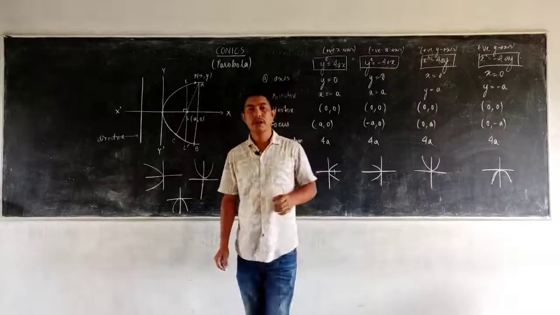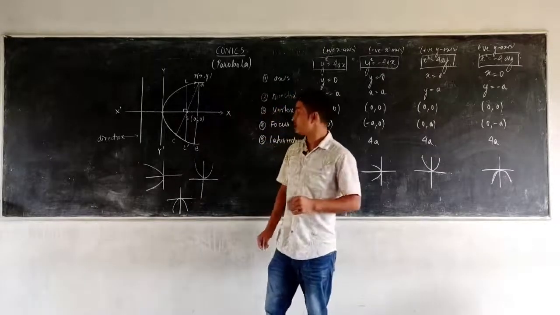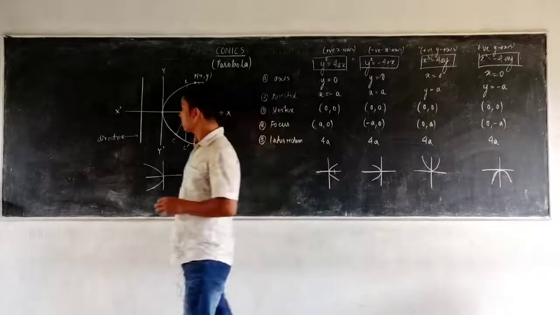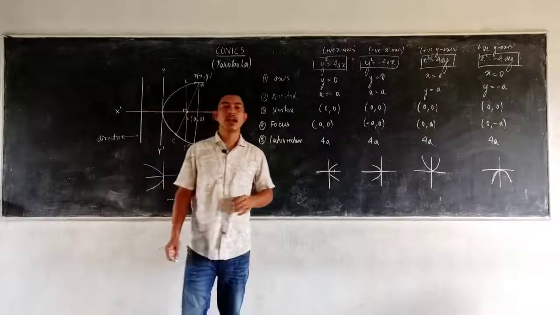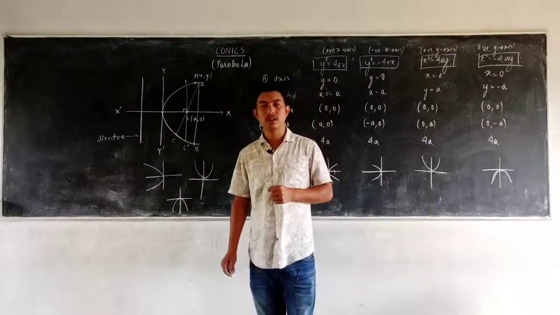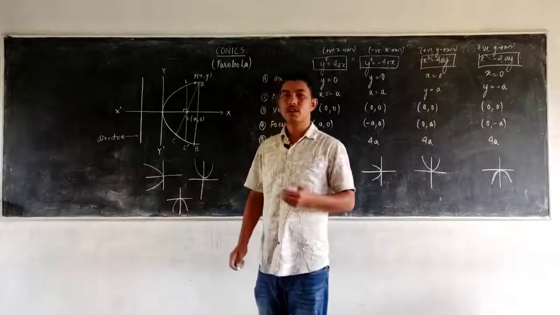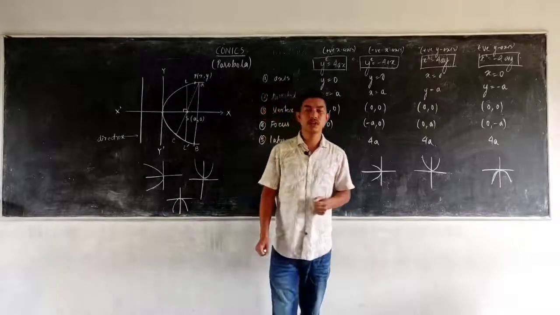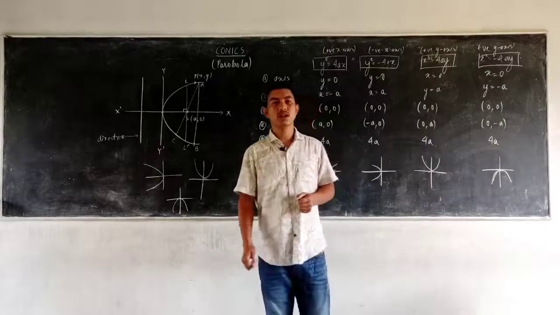So the 4a will be the length of the latus rectum in all of these kinds of parabola. Apart from these, we have the other parabola as well, the general form of parabola, when the vertex does not lie at the origin. That will be continued in the next class. Till then, please revise again and again whatever we have learned in today's video, so that it will be easier for you to understand the rest of the conic sections.